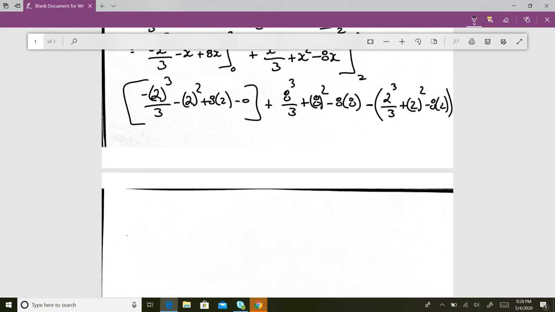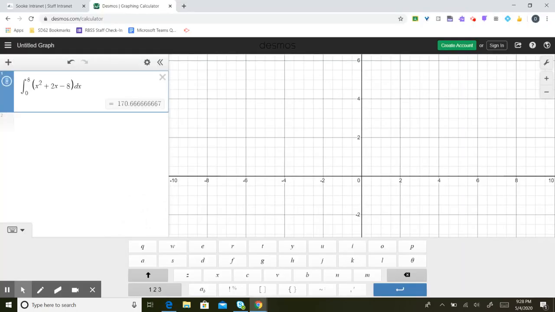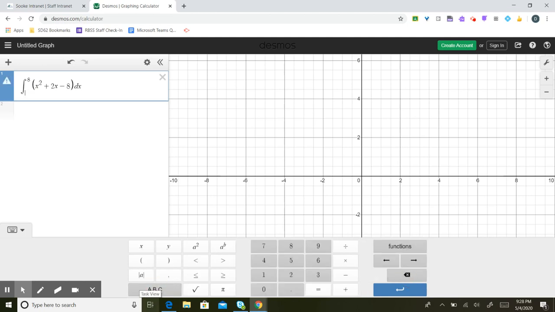So that's going to be, well, you guys can do that, but you should get 189.2. All right, and you can check your answer again on Desmos. You took this and you changed these, so this lower bound 2, you can see, gives you 180. We can add in the first bit, which was the integral from 0 to 2